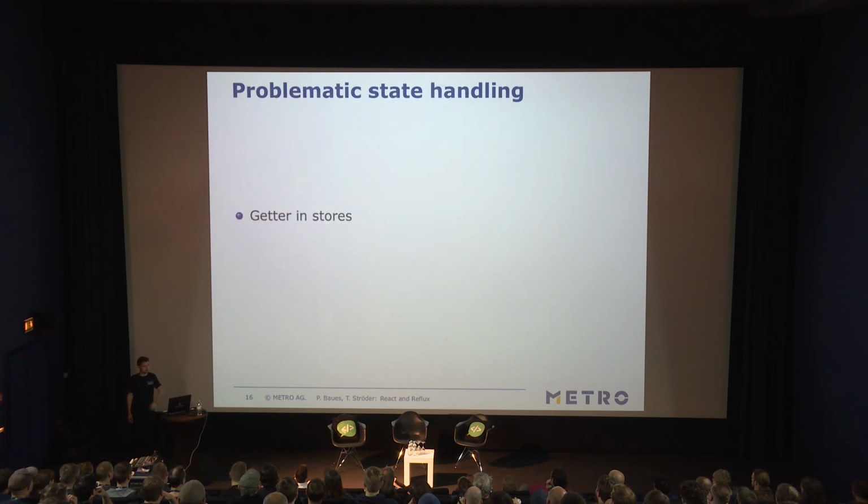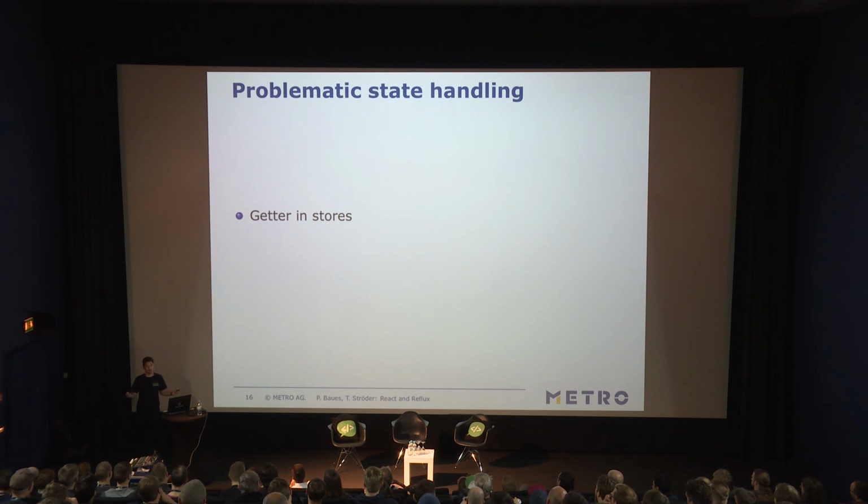Okay, so what to not do? I've got a few examples. Of course, it is not an extensive list. I can't cover everything, but just a few errors that I also had on my way and that I want to share with you. So the first thing with state handling that we want to avoid is basically any getter